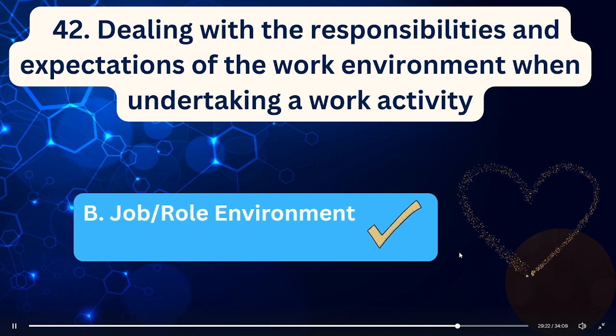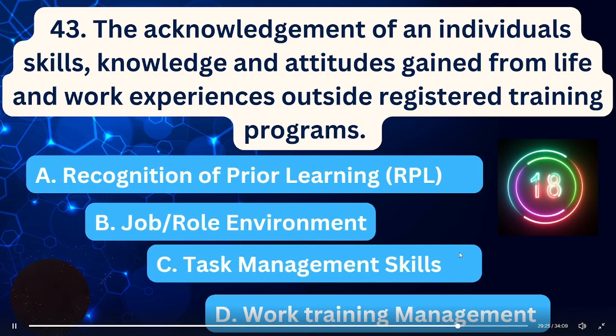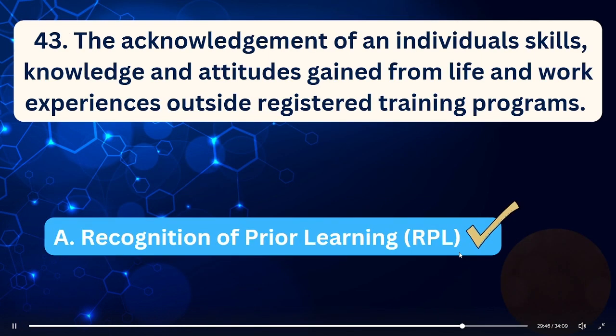undertaking a work activity. Number 43, the acknowledgement of an individual's skills, knowledge, and attitude gained from life and work experiences outside registered training program is called A. Recognition of prior learning or RPL. Letter B, job role environment. Letter C, task management skills. And letter D, work training management. The answer is letter A, recognition of prior learning or RPL. This is the acknowledgement of an individual's skills, knowledge, and attitude gained from life and work experiences outside registered training